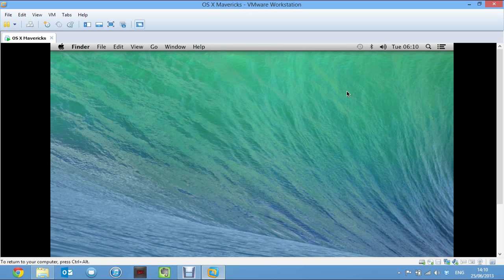I don't think there's anything else that's buggy. Perhaps Launchpad is, but I'm not going to open it now because if it freezes, it'll obviously stick my VM. But everything seems to be working just fine that I would use normally. Stuff like Xcode and various different Mac apps, they all seem to work just fine. So that should be good enough for everybody. And apart from that, I have nothing else to say.